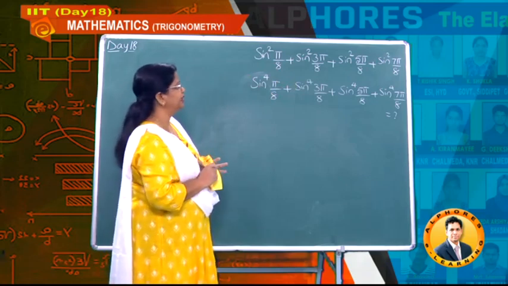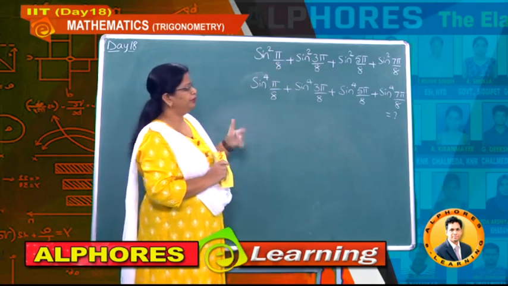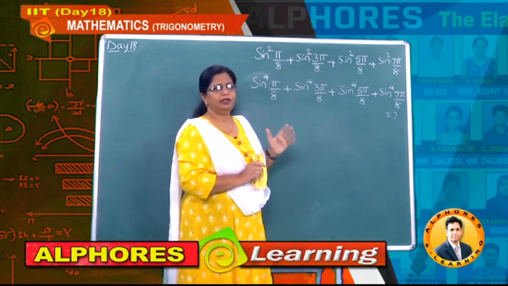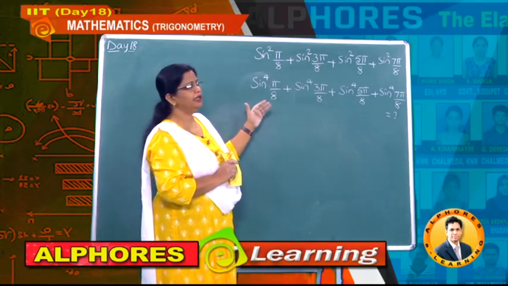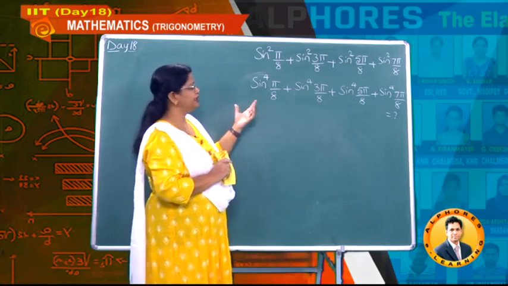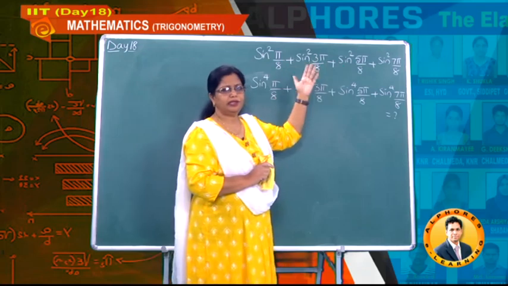But students, here square is given, understand, square is given. Before you go to any problem, when a larger number of terms is given, then the first observation has to be whether any complementary angle relation or supplementary angle relation exists, we have to check, because sin square plus cos square is equal to 1.